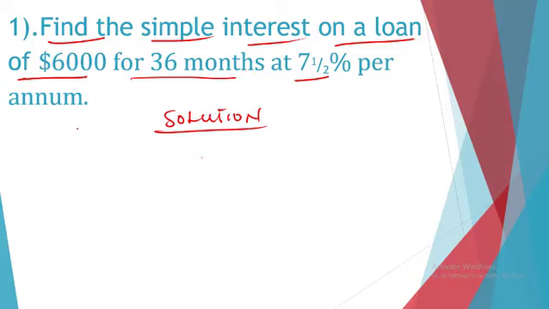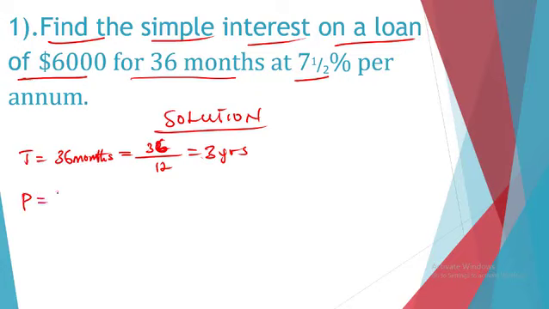First of all, what we need to do is to bring out our time. They gave it to us to be 36 months, but we need it in years. How many months are there in a year? 12. We divide 36 by 12, and that gives us 3 years. So the time is 3 years. Then we have our principal, which is 6,000 US dollars. We have our rate, which is